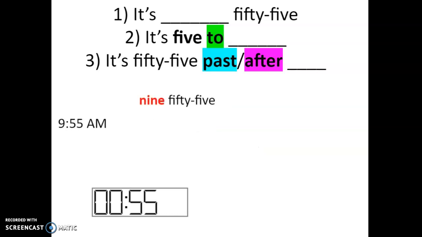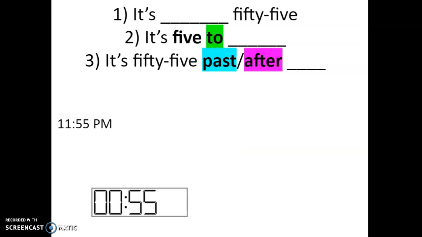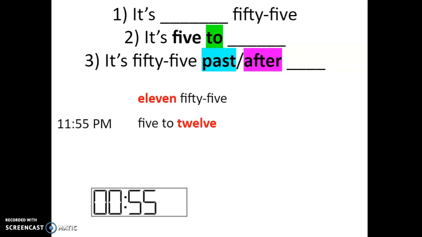Here we have 9:55, 5 to 10, or 55 past 9. Now we can say it's 11:55, it's 5 to 12,